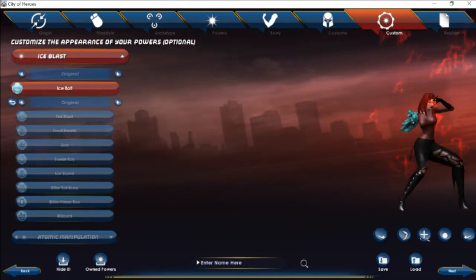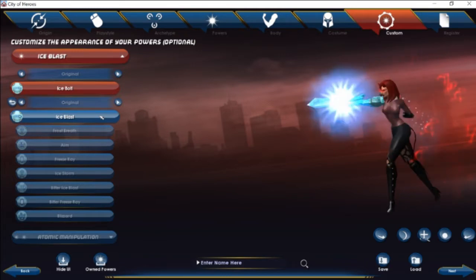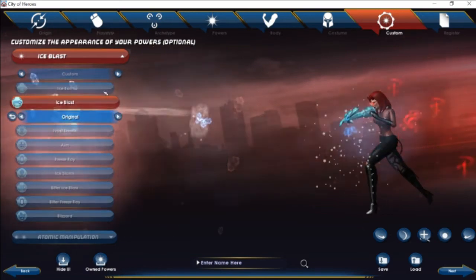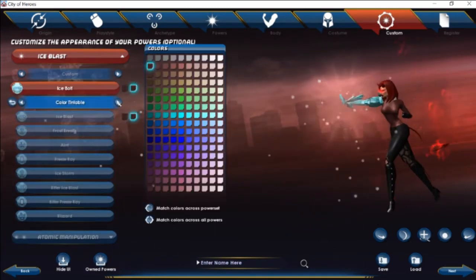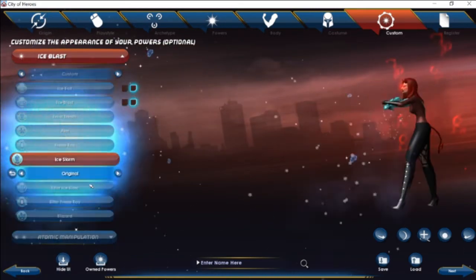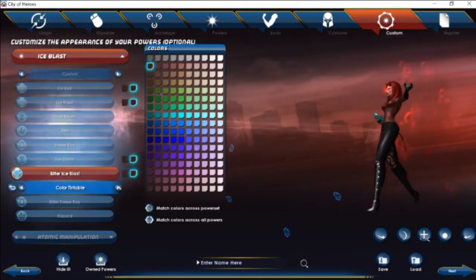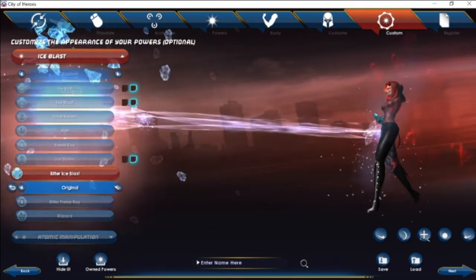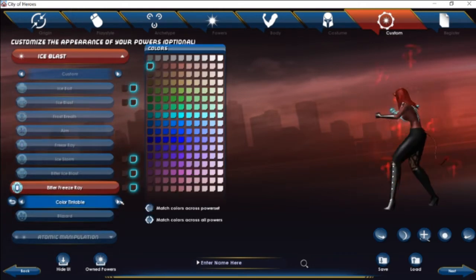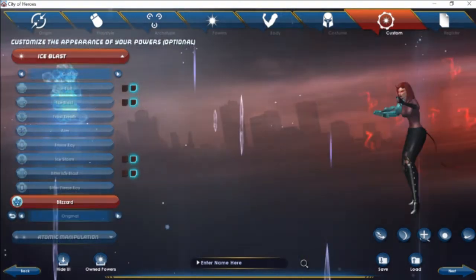Let's see. Ice Bolt out of the right arm. Ice Blast goes out of the right arm. Even if I change it, I think, nah, it goes to two arms. Ice Crush, nah. Freeze Ray I can do from one arm. Ice Storm, I think it's always two arms. Yeah. Bitter Freeze Ray I can do from the other arm. I guess you can do it from both arms. Pretty close. Bitter Freeze Ray. Nope. Blizzard. It's pretty cool though. I always like the asymmetrical